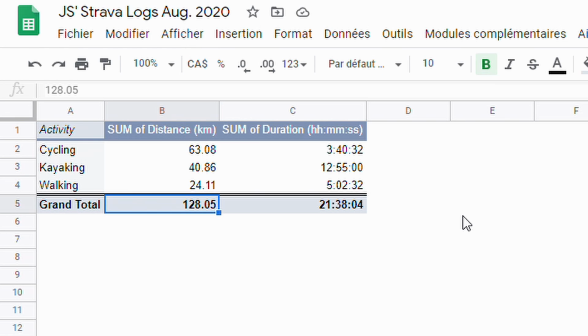But what's important here is that we can reach 2 main conclusions. I did 128 kilometers cycling, kayaking, walking during the month of August, and it took me a little under 22 hours. What we will use for the next step, which is to visualize the data, will be this column here. I'm interested in the total distance,